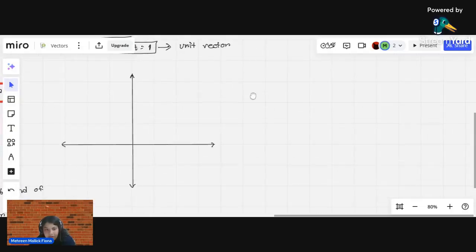Now let's say I have a vector. Let's assume that this value is 1 by 5 and this value is kind of 3 by 4. Now I want to draw a line here,